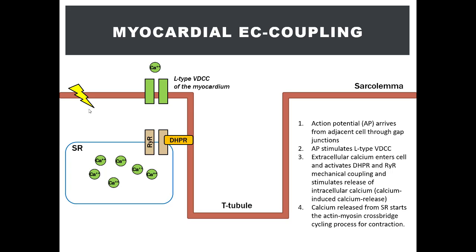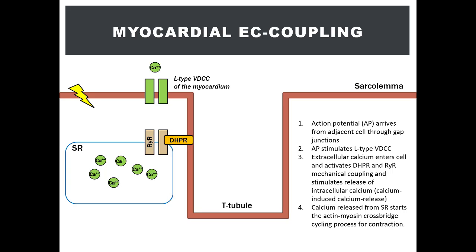So here we have the action potential denoted by a lightning bolt. This was generated again by the SA node, which we discussed in the previous slide. Now it has propagated to the atrium, more specifically the myocardial cells of the atrium. Now remember, the action potential propagates from top to bottom, so this process that I'm about to demonstrate occurs throughout each of the myocardial cells from the atrium from top to the bottom.